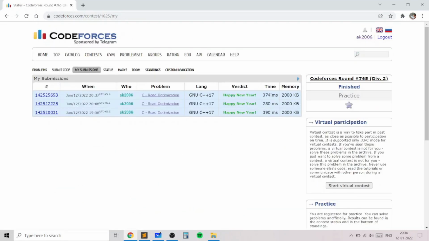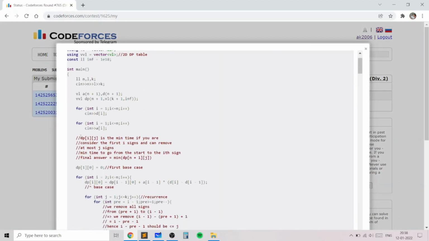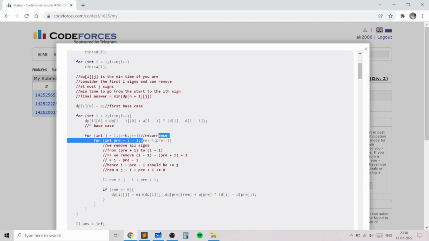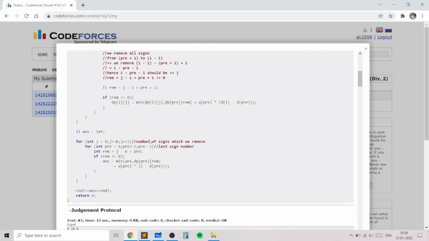So as you can see, my code got accepted. I hope you like this problem and my solution. As you could see, this problem taught us how we could effectively use two-dimensional dynamic programming, in which we come up with states from the problem itself, but the recurrence is a bit complicated and requires some time to understand fully.